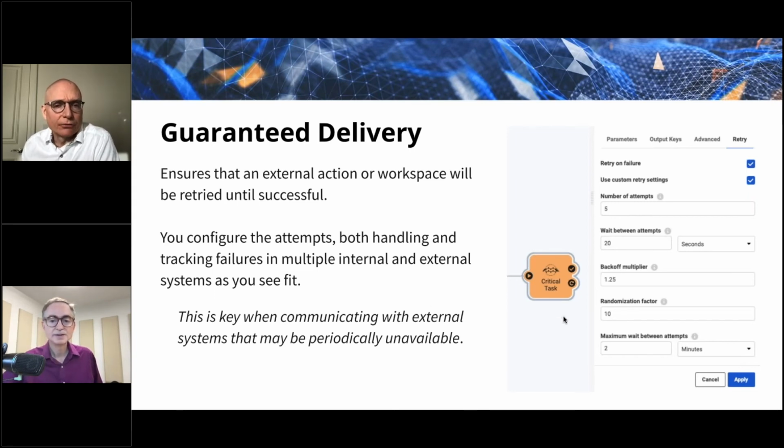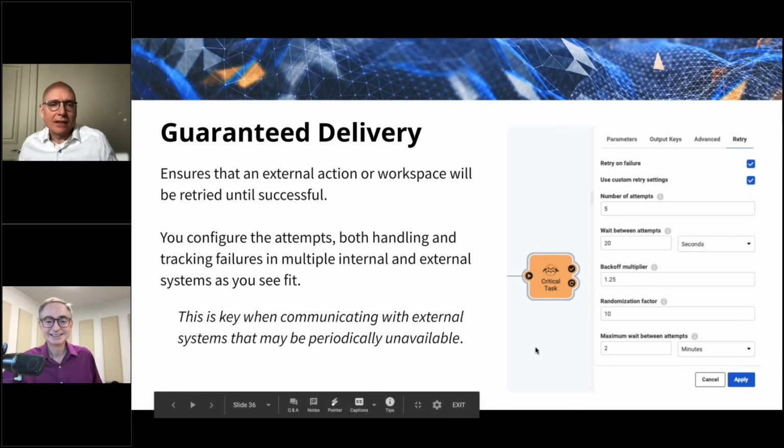And that's a big deal for automations, this ability. It's called guaranteed delivery, but of course you specify the maximum time. It could be years, you can specify years, but realistically, if a system's not up in a certain amount of time, and how much time depends, we give the user the ability to configure that.